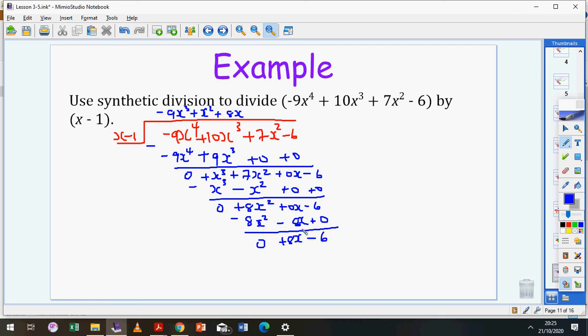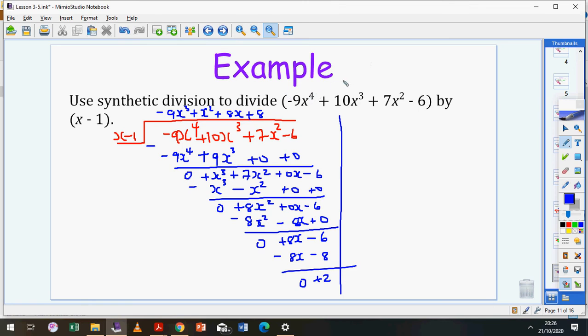So 8x divided by x is positive 8. 8 times x is positive 8x. 8 times negative 1 is negative 8. Subtract, I'll end up with 0. Negative 6 minus negative 8 is positive 2. So my remainder is 2, and I can rewrite my expression, let me call this f of x again,